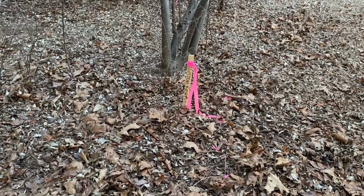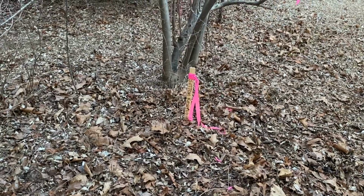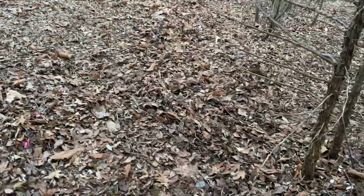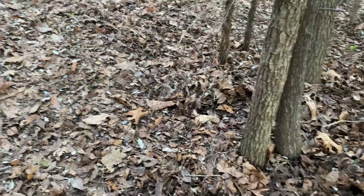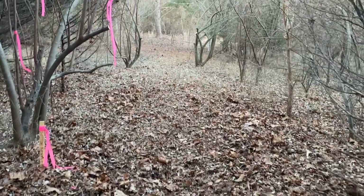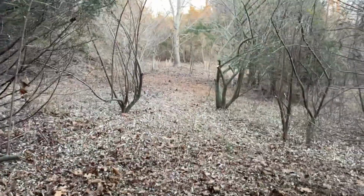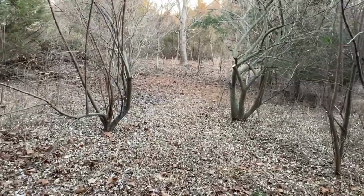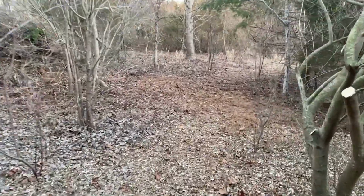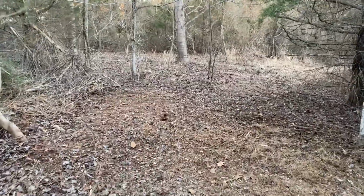I had to stay away from this. They said 10 feet away from it. This is the bottom of the reserve, and I'm gonna try to hug it over here. I'm gonna try not to cut any more trees down. I had to cut a couple stragglers, trim some trees, a lot of stickers, a lot of vines, but I kind of tried to make it straight with a couple turns so it wouldn't be all the way sight lines, and I think I did okay,